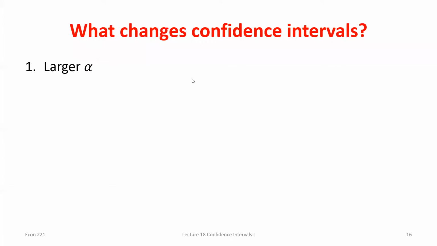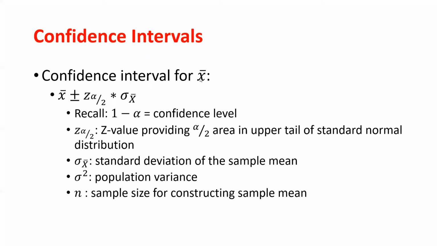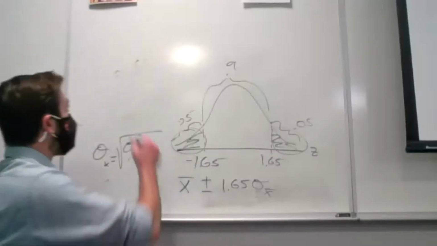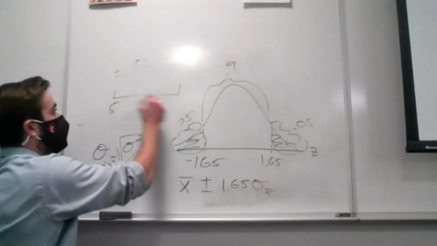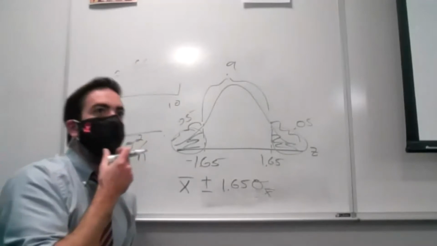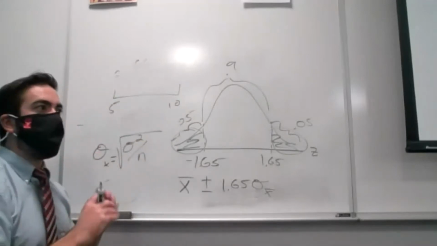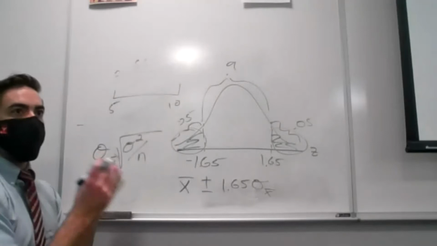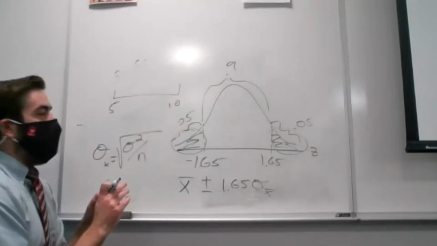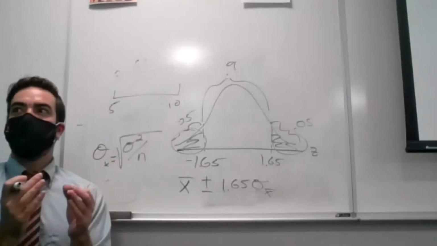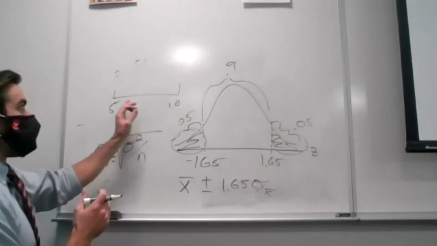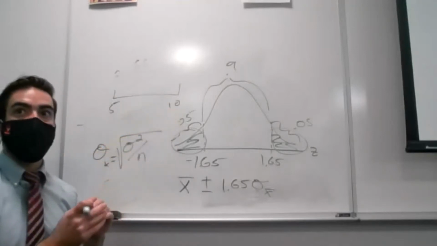Let's go over something quick, and we'll probably revisit this at the beginning of the next class. But what is going to change our confidence interval? We'll think about it this way. If I want to say something with 90% confidence, then I might construct a confidence interval that starts and stops at 5 and 10. Well, if nothing else changes, if I'm dealing with the same sample, how can I give you a range of values that I could tell you, not with 90% confidence, but with 99%?